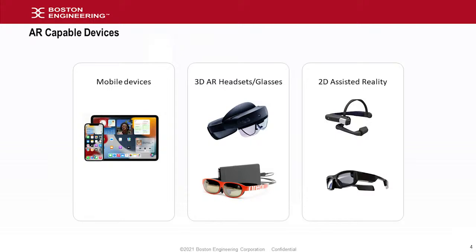Really, what that is more of a heads up display type experience. And we have some examples of that later on. But devices that would fall in this assisted reality category would be your Vuzix, your RealWears, and stuff like that. You would utilize a device for assisted reality when you don't necessarily need that full AR type of experience. You might just be displaying a couple work instructions or some type of overlay for some quick reference for that